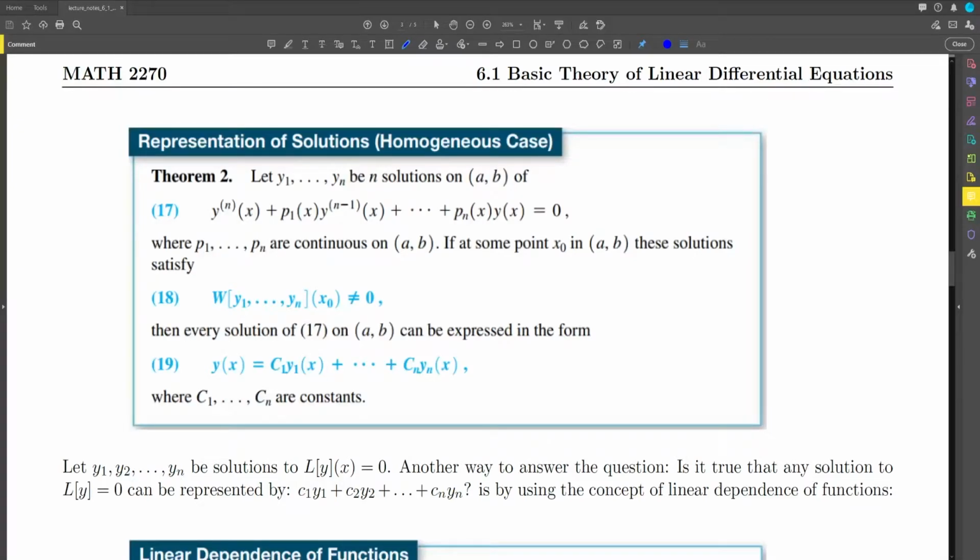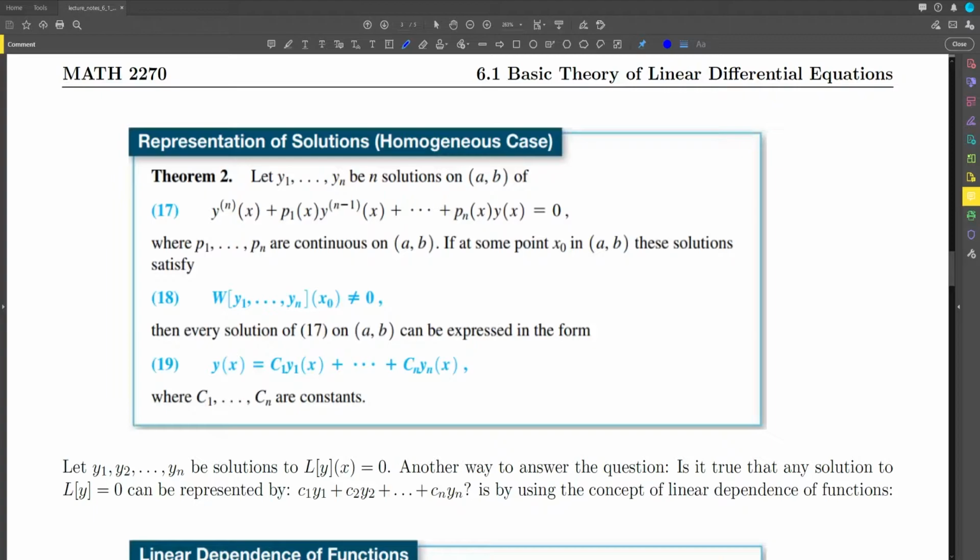We can use the Wronskian to represent solutions in the homogeneous case of our differential equation. Theorem T2 states that if y1 through yn are n solutions on the open interval from a to b of the differential equation, the nth derivative of y plus p1 times the (n minus 1)th derivative of y plus dot dot dot plus pn times y equals 0, where p1 through pn are continuous functions on the open interval a, b,